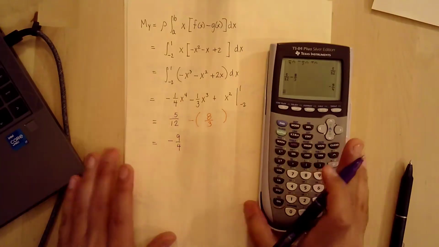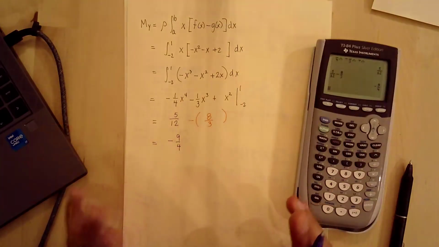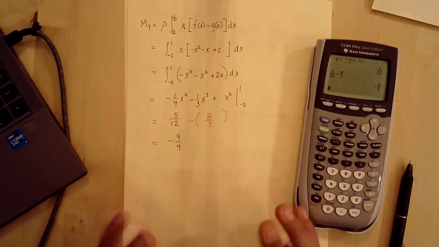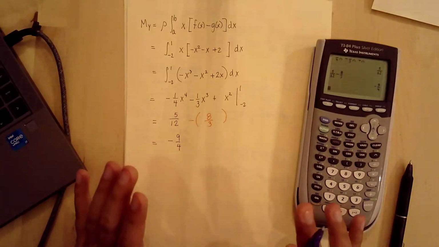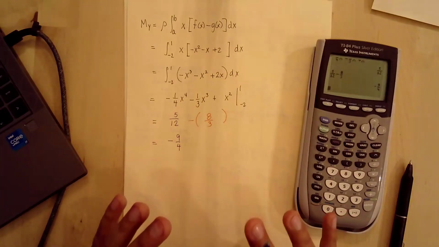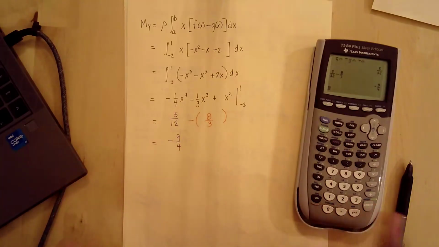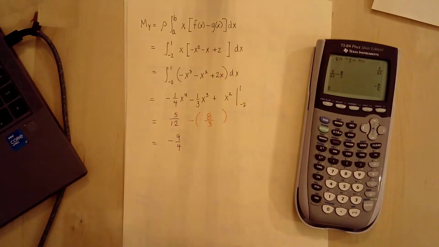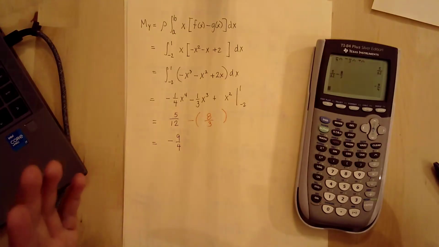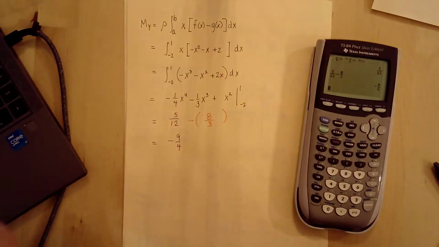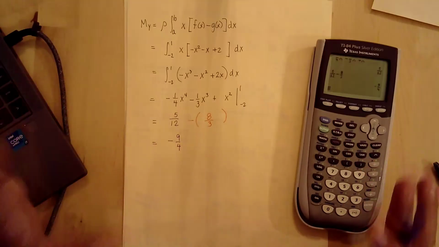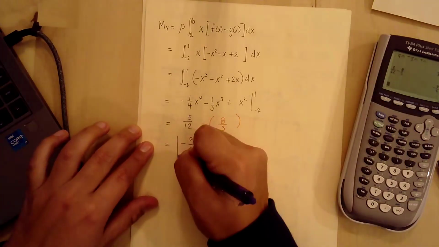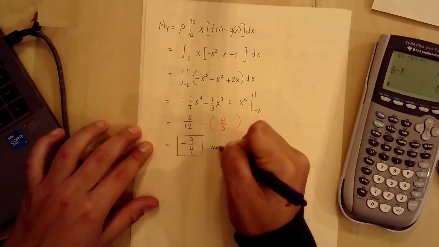-9/4. Remember, this represents the moment about the y-axis. So we're not concerned that we're getting a positive or a negative number here. If we were finding a negative area, then that would be a problem, as long as that area were above the x-axis. We want all those values to be positive, but here we're finding a moment. That's not the same as an area. It does not have to be positive. So there's our moment